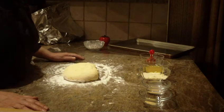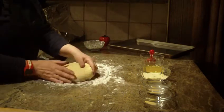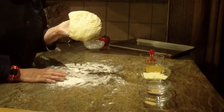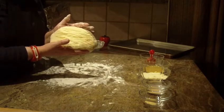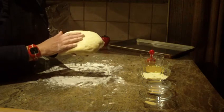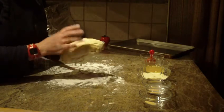We're going to make Italian cheese bread. So let's get started. First off, I'm actually using half of a pizza dough recipe that I make. In fact, I have a video on it, and I cut it in half. This is going to make a 9x9 square cheese bread, and I can make 2 out of one of